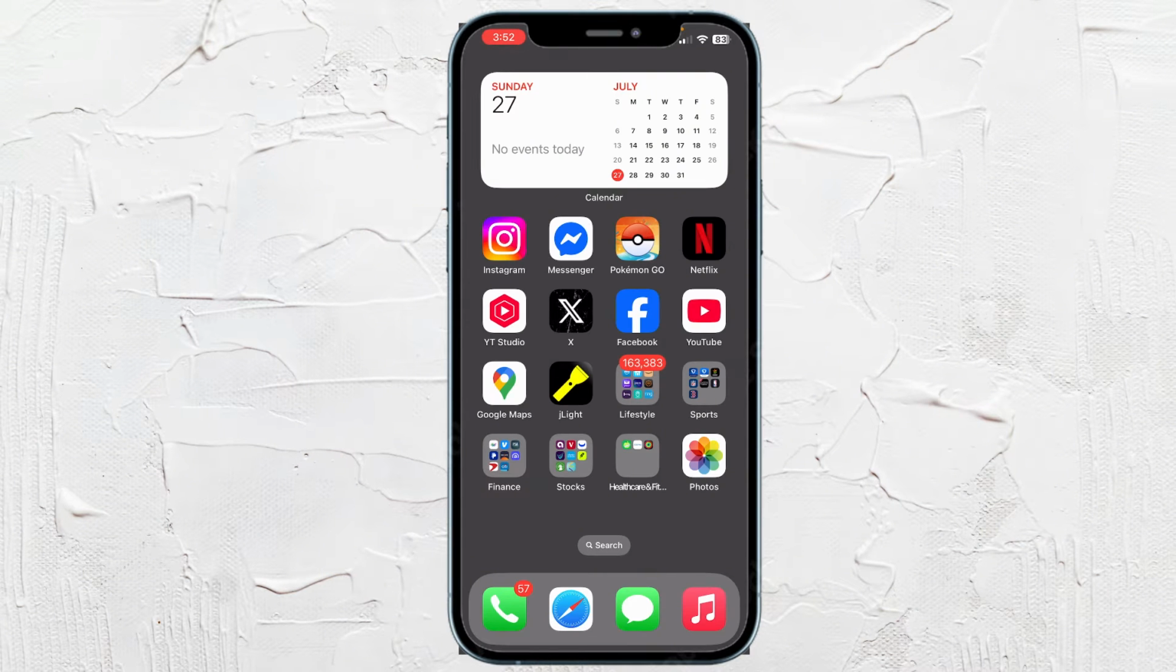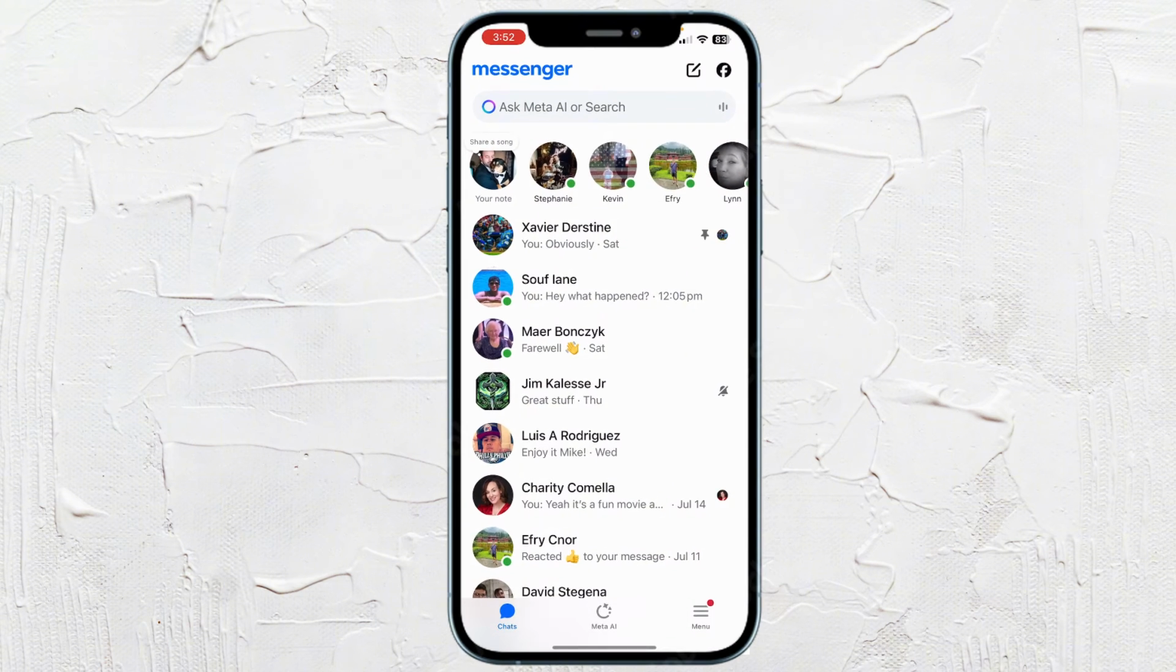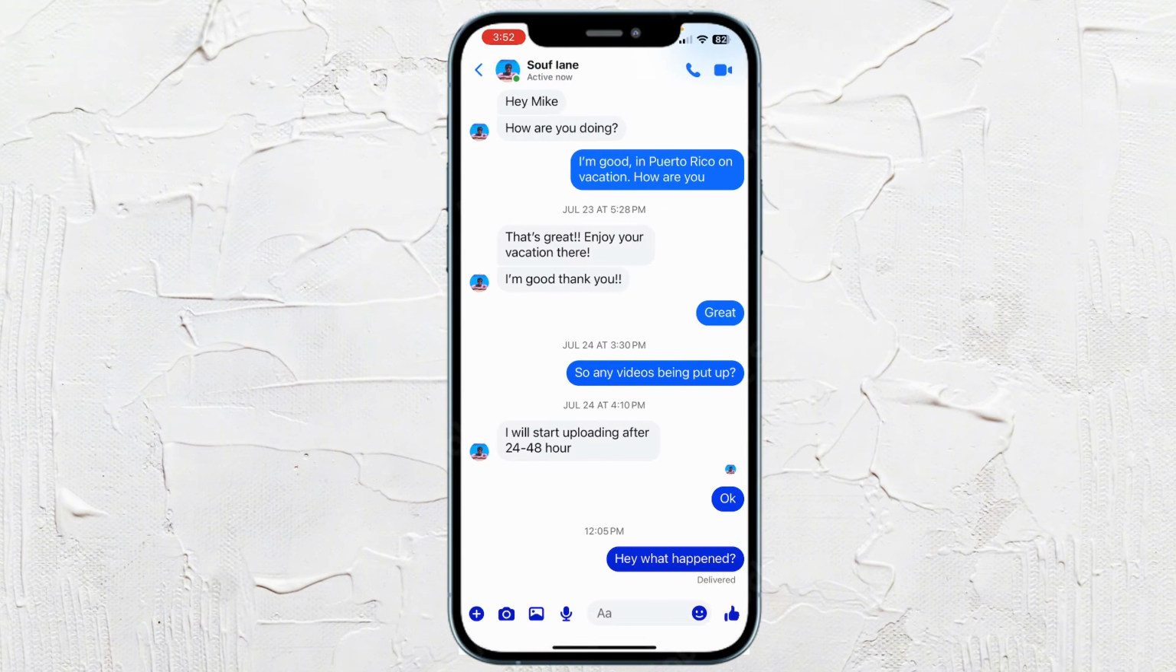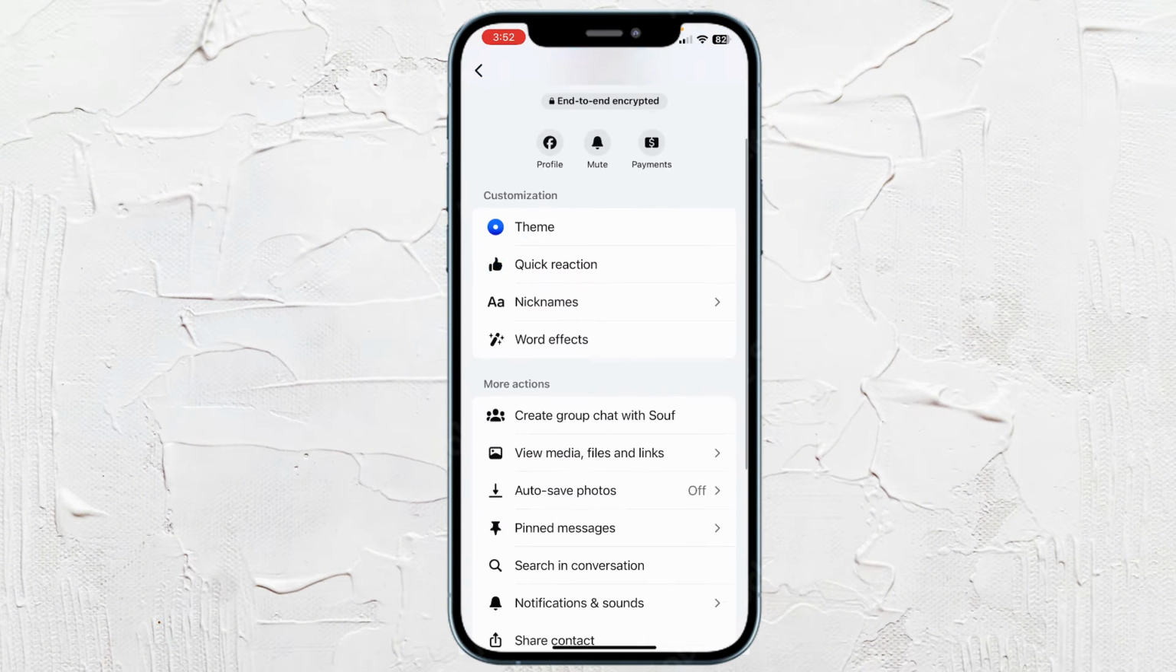So the first way is to go into Messenger and pick a conversation that you want to specifically turn off the calls for. So go to Messenger and go ahead and pick a conversation. You want to click on the name at the very top here and then scroll down to where it says